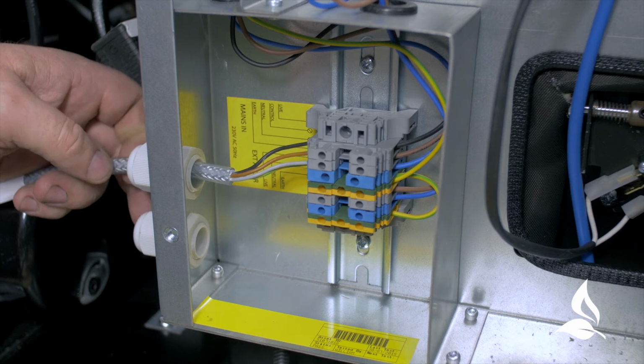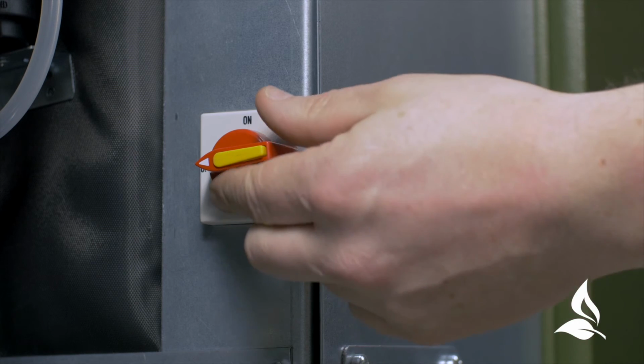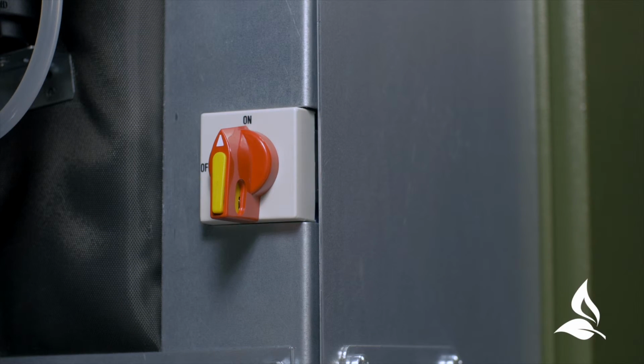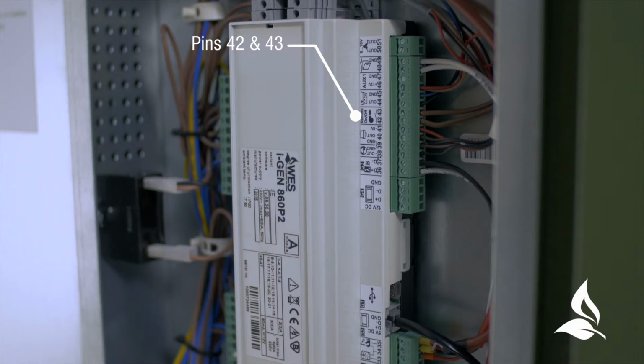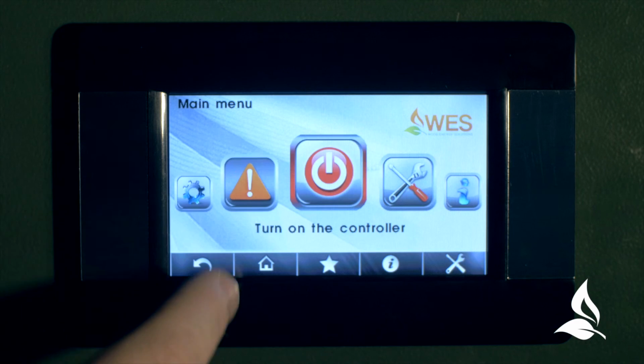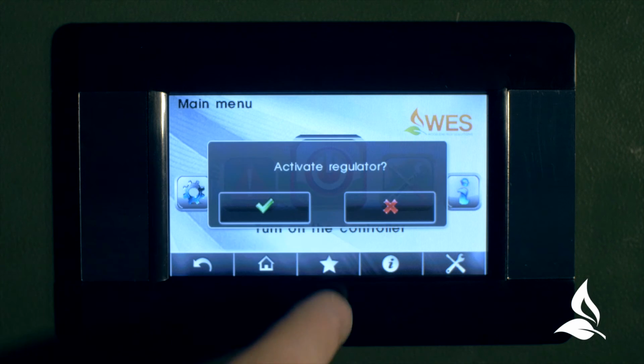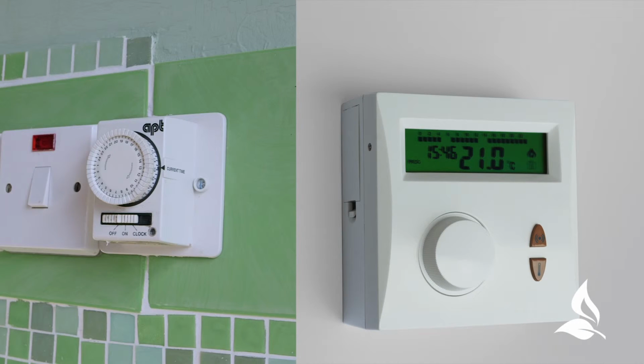Decide how the boiler is being externally controlled. The factory settings are that the boiler is controlled by a 230 volt external control supply from a time clock within the property via a relay. If the controlling signal is a non-voltage switching contact, then this can be connected directly to pins 42-43. Enter the user menu and turn on the controller. The controller is now on and is awaiting the signal from the time clock or room thermostat to start the